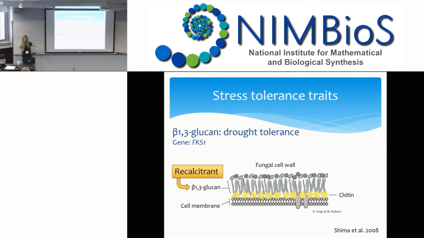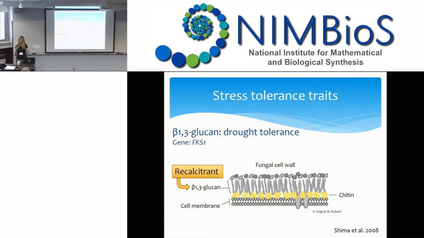It could be one of these things that when the fungus dies and the material enters the soil, it might be difficult to break down and could stay and contribute to carbon storage. So why would I say that? Well, when people have extracted beta-1,3-glucan, it's very, very difficult to break down in the lab. It's not acid soluble, it's not alkali soluble. It looks like it's very, very tough and complex because it forms these cross linkages. So it could potentially contribute to soil organic matter formation.